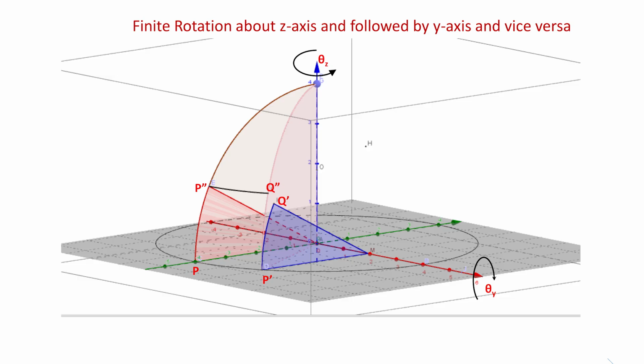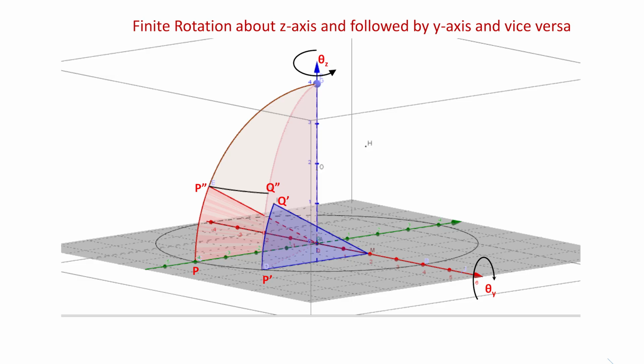So here first we did theta z followed by theta y, and then P to P prime to Q prime. So that's how, this is first theta z and then theta y. On the other hand, it's also possible that we can go first about theta y, so like this,